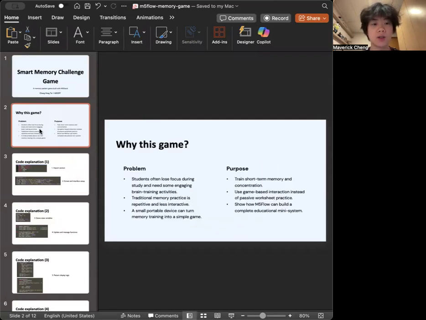Why am I going to build this game? The problem is that students often lose control during study and need some engaging brain training activities. Also, traditional memory practice is repetitive and less interactive, and a small portable device can turn memory training into